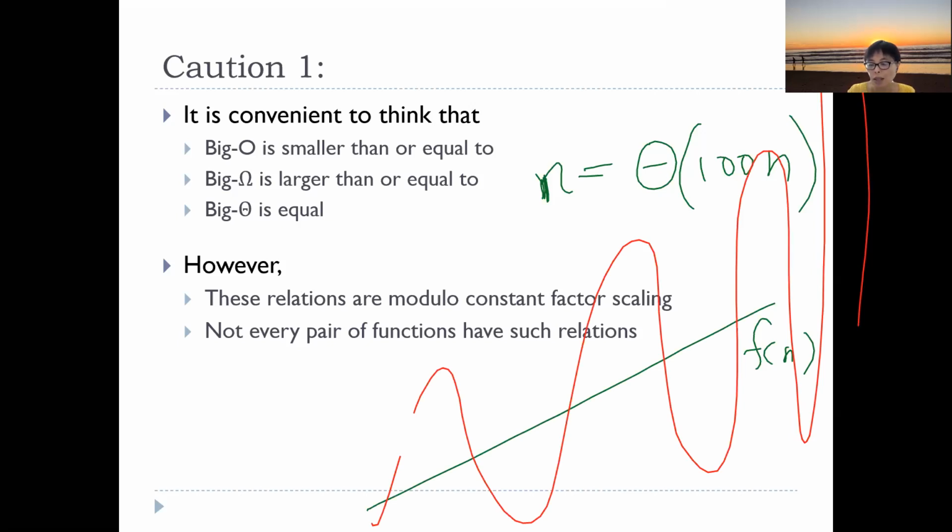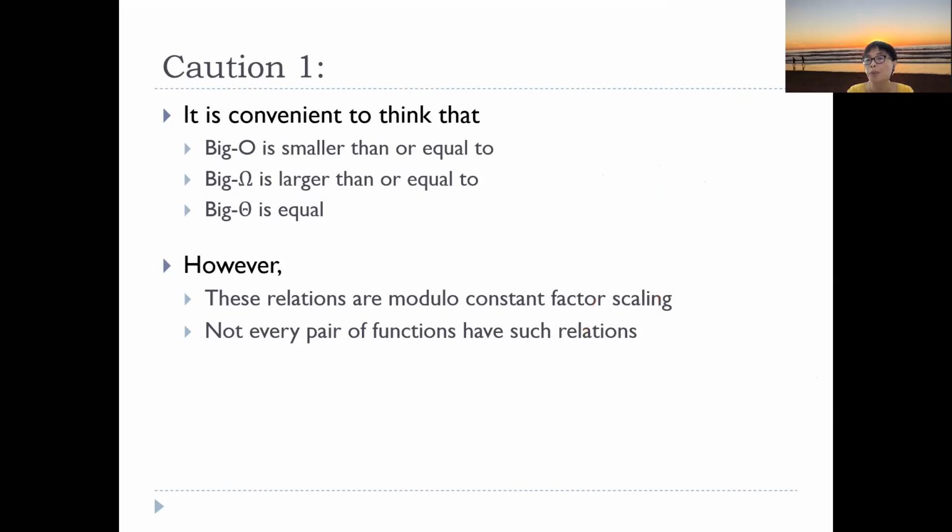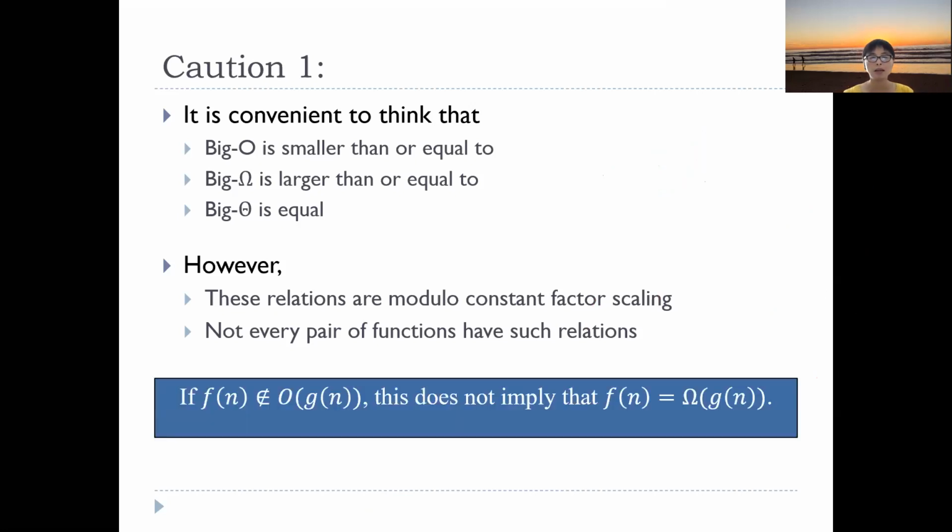Okay, so that's one thing to be aware of. Not every pair of functions has such relations. It could be that none of the three relations holds. And because of that, if we say that f of n is not